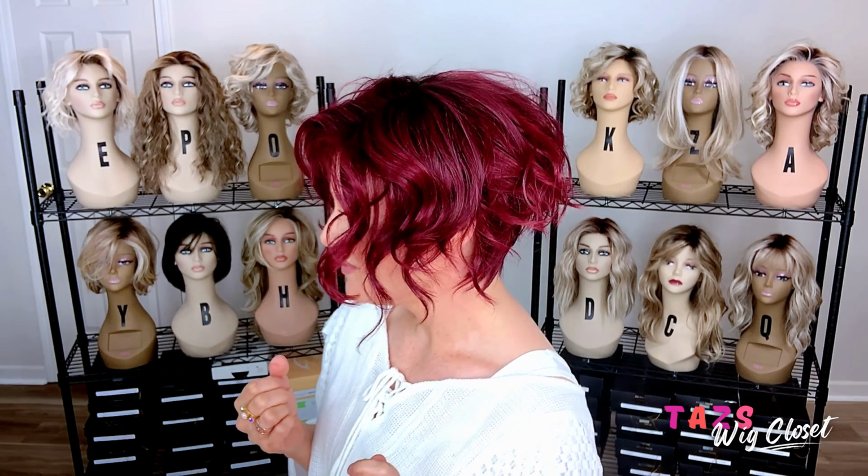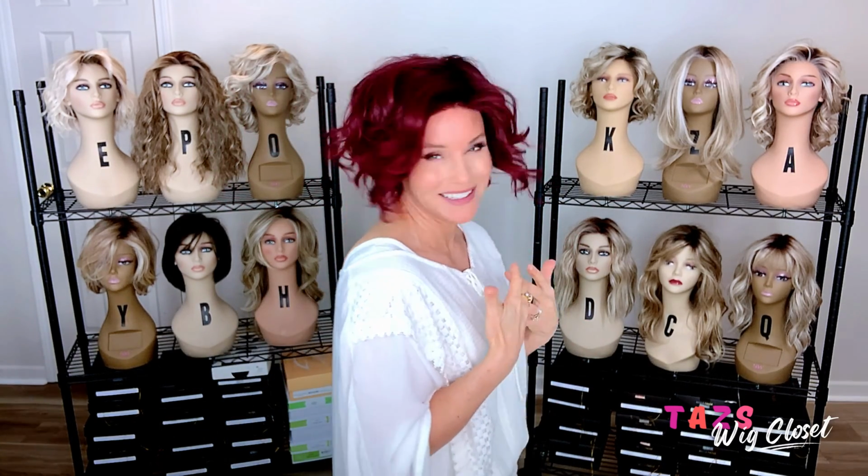So the first color that you're gonna see here is a deep burgundy. That's kind of what defines this color right away. But you're also going to see some highlights and some dimension. There's some red wine, some mulberry, and some burgundy. And then the root color is a dark chocolate. And then when you start adding in some of that tangy red wine highlight, it's absolutely over the top delicious